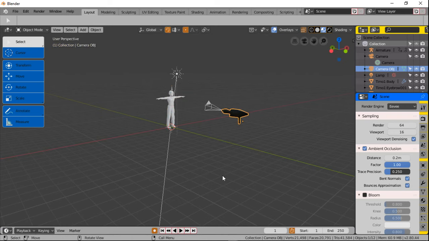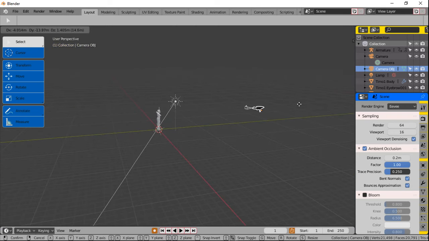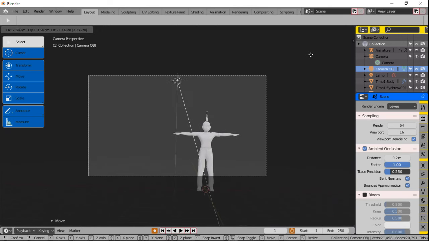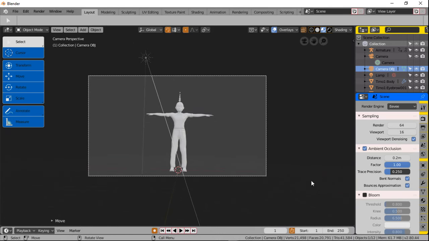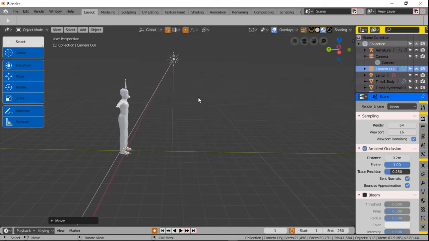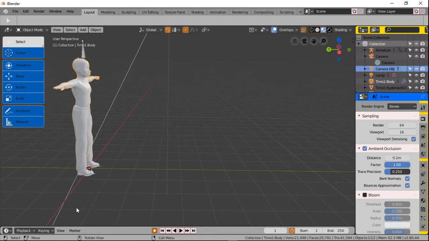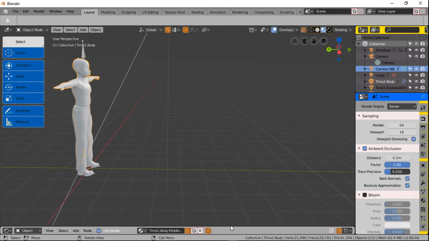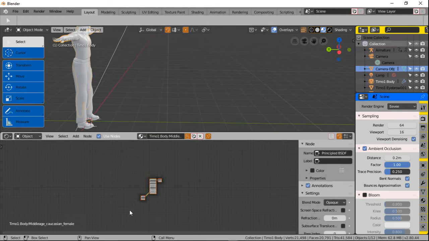Boom. Move this back. Boom. Position this. Boom. Okay. Now that's set up for render, and let's add the textures back again. So we gotta switch this on. Let's see, shader editor. Bring this back up,